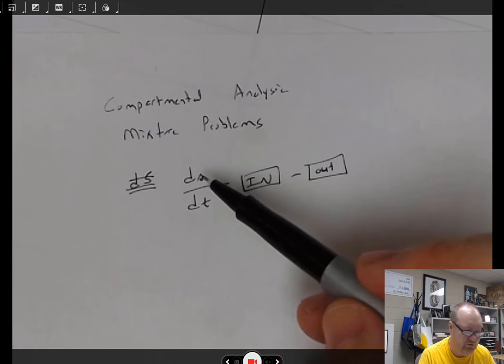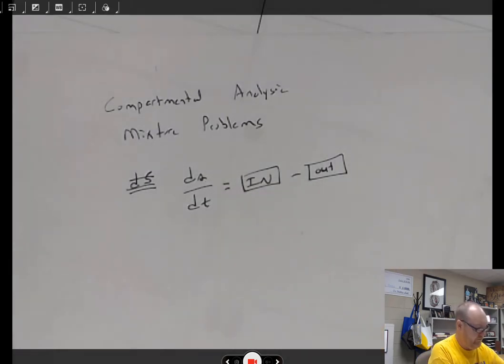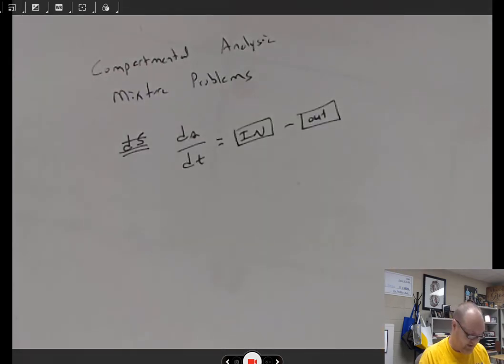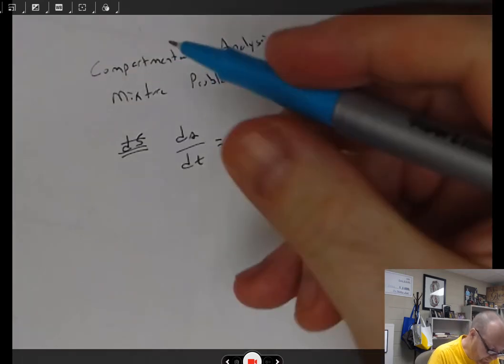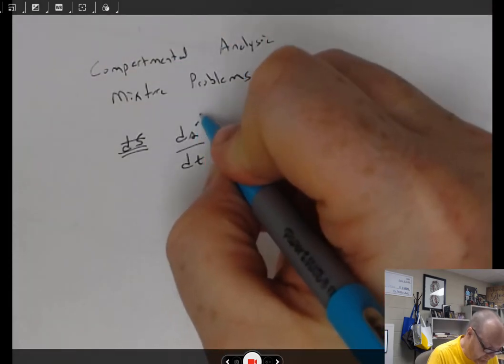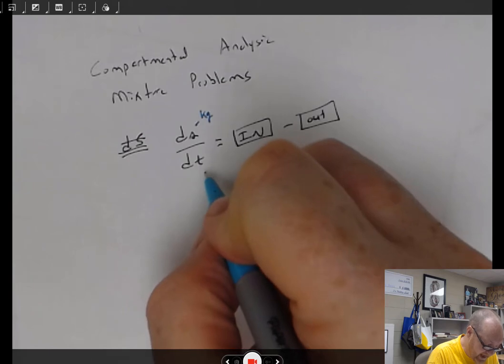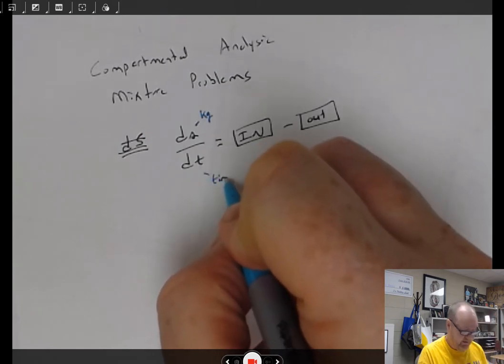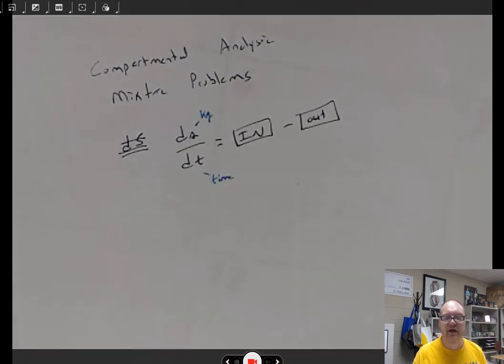Keep in mind, my units need to work themselves out here. Salt is typically going to be measured in grams or kilograms or something of that nature, and then this is a time unit. So my tank has an amount of liquid in it. We need the units to work themselves out, okay? So to that end,